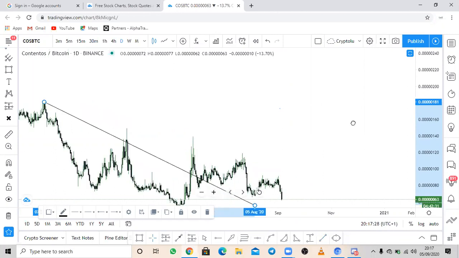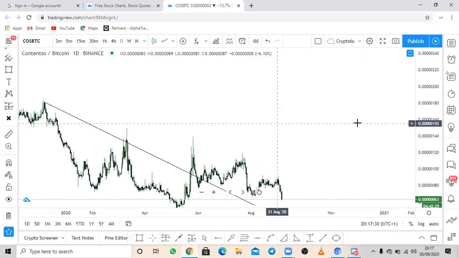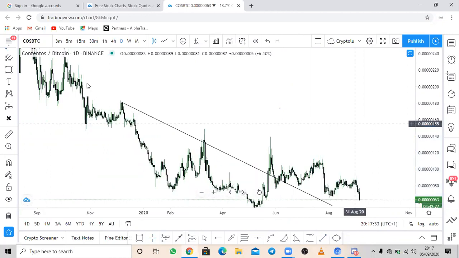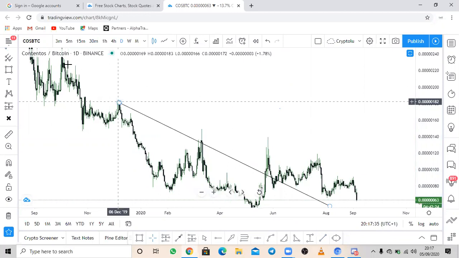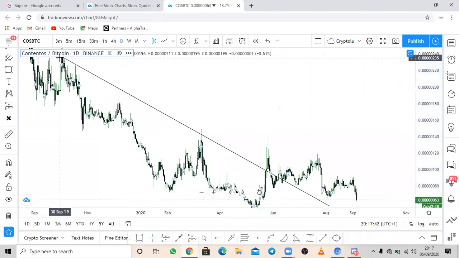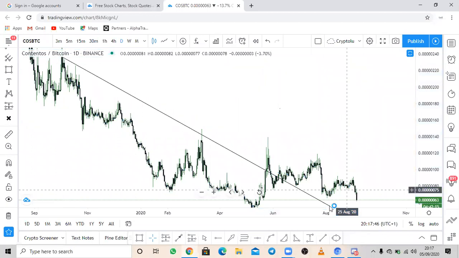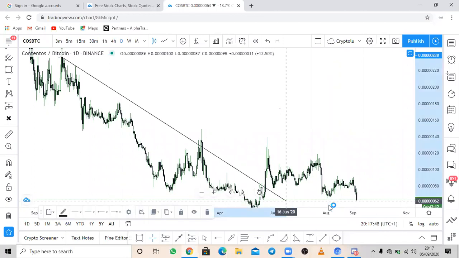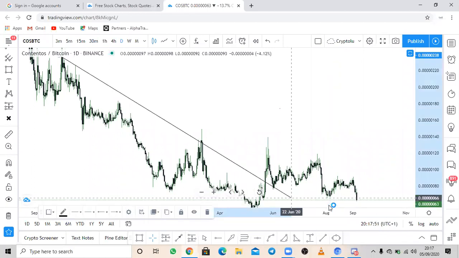I don't think this is the point. Okay, so if I should draw my resistance trend line from that point all the way down here,